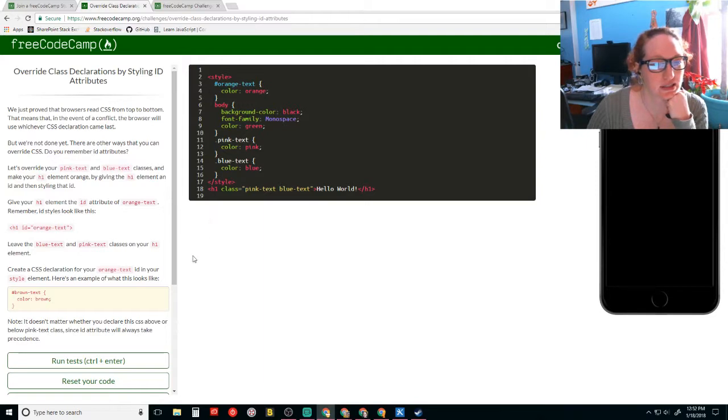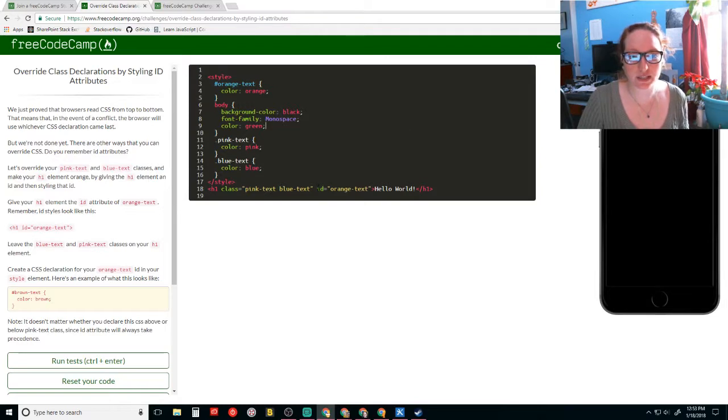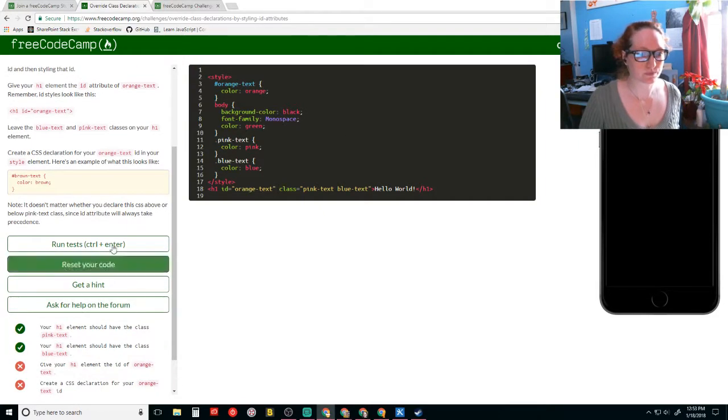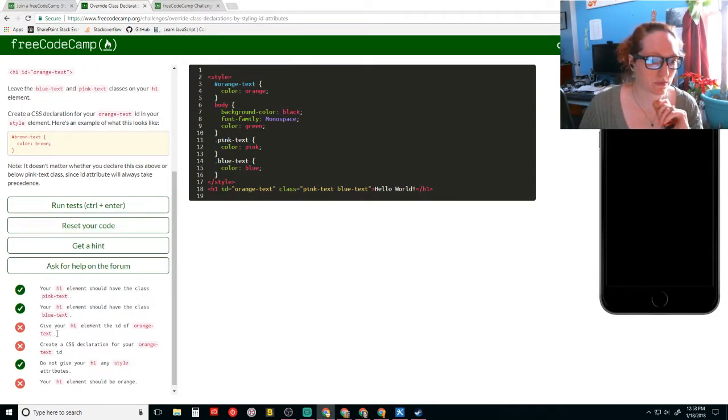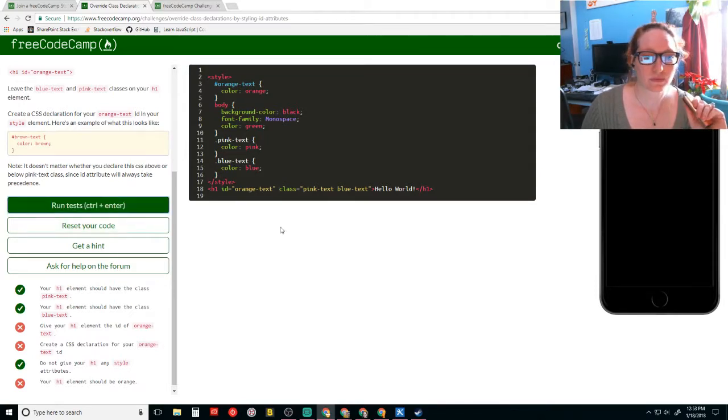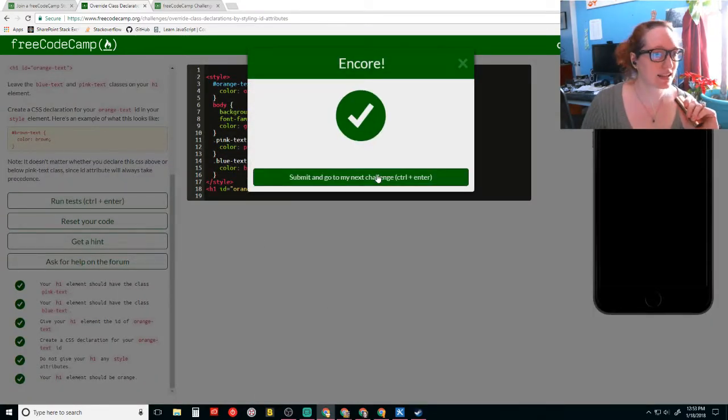And now I need to say ID equals orange text in here. It doesn't matter where I put it because it'll override it. I can even put it here and that'll work too. Yes. I did it!